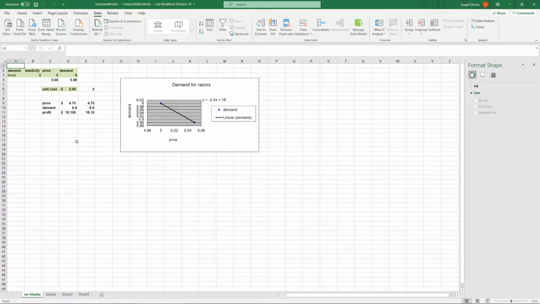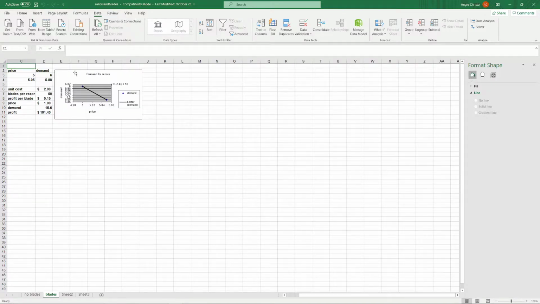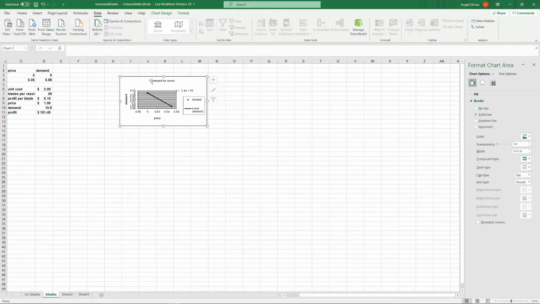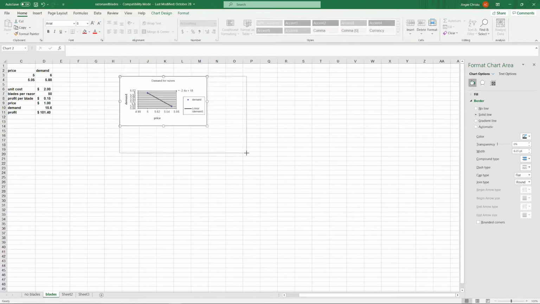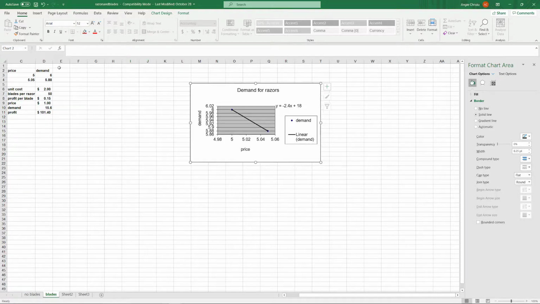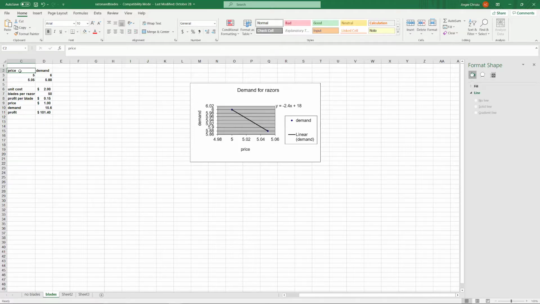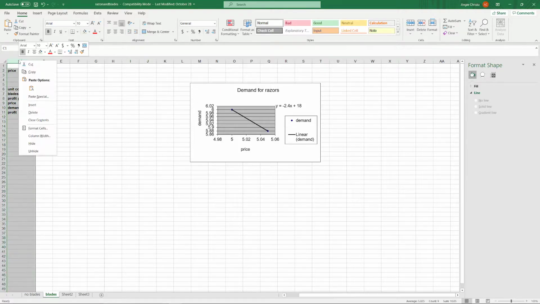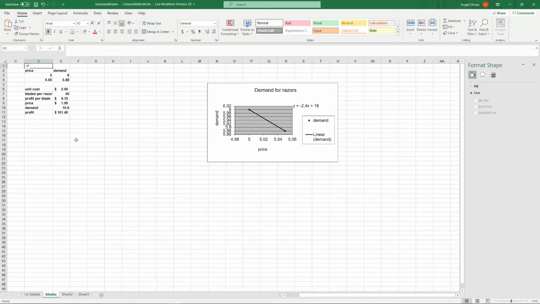So let's take it one step further, all right? So you might have noticed, as I said in the beginning, this is called no blades, and we also have blades here. So let's see what happens when we look at incorporating blades. Blades for the razors, that is, okay? This is our product here. So what happens in this case? Well, all right, so I guess we can start from